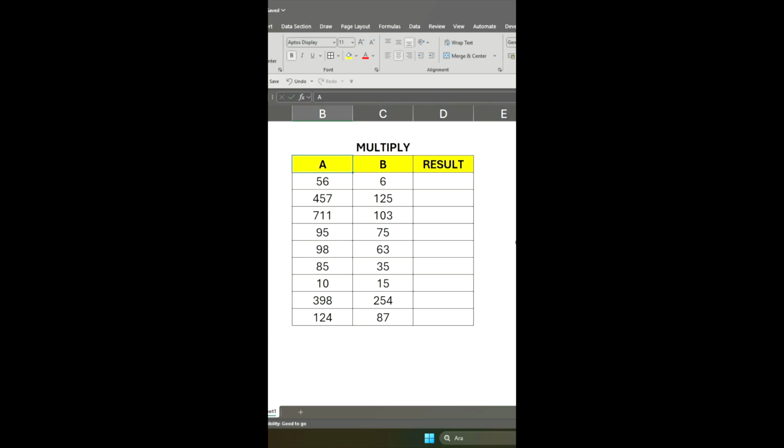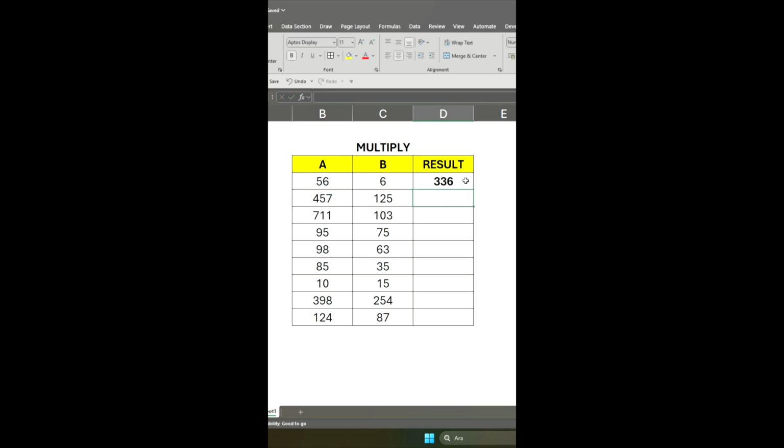In order to multiply numbers inside Excel, we're coming to the cell that we want to write the formula, and we are typing equal. We're getting the number that we want to multiply first, and we are typing asterisk, which means I will multiply a number, and after that we are getting the second number that I want to multiply with. Pressing enter, and as you can see, the function has applied well.